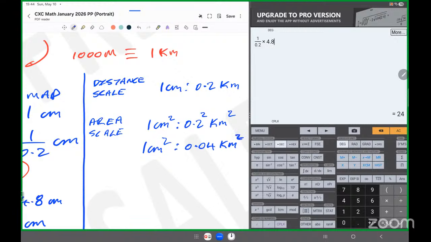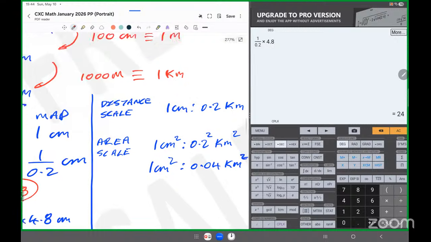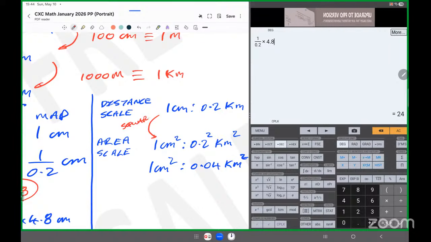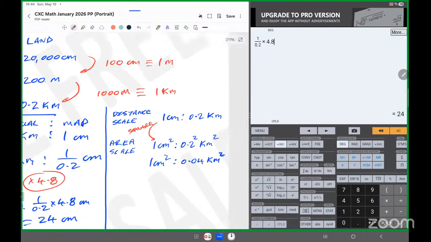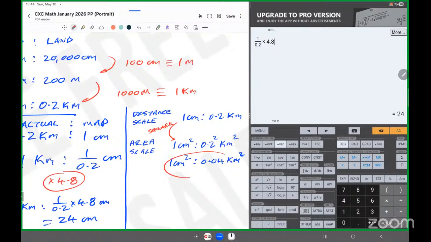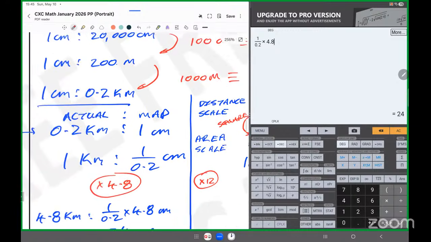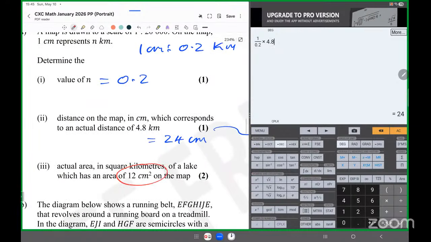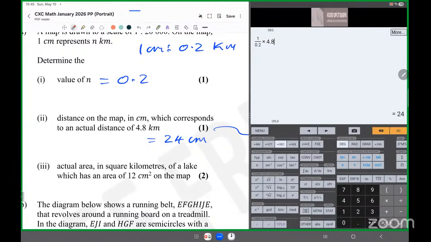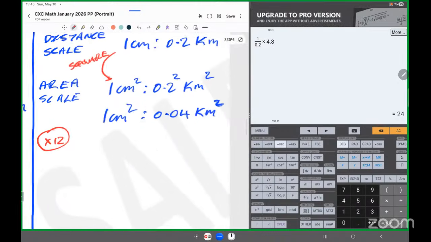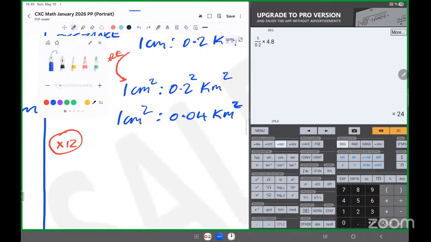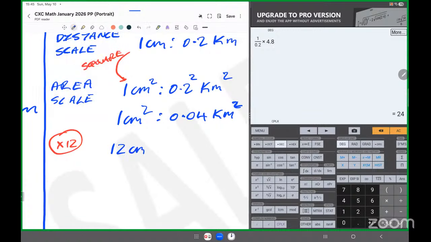And that's what you get from the distance scale to the area scale. Remember, guys, just square it. Just square everything. Square the two sides of the scale. And to work in area now, we're using this. So we'll just take the scale and multiply by 12, because the question wants to know what 12 centimeters squared on the map would be. So multiply the area scale by 12. You're going to see that 12 centimeters squared